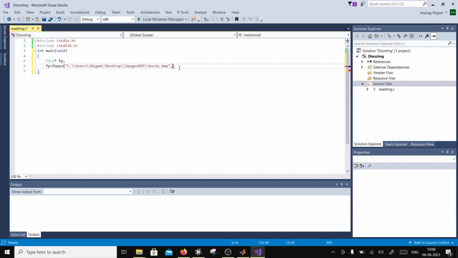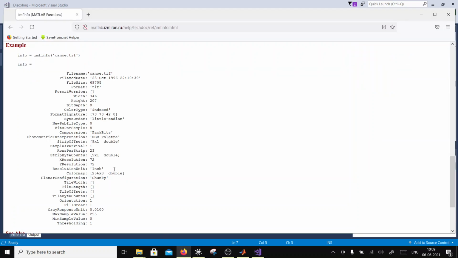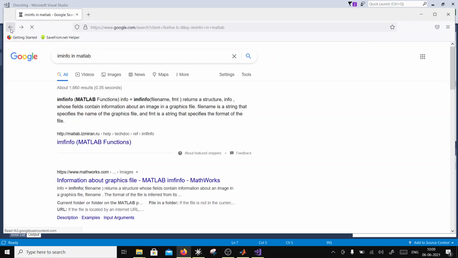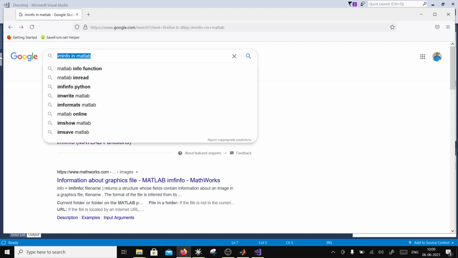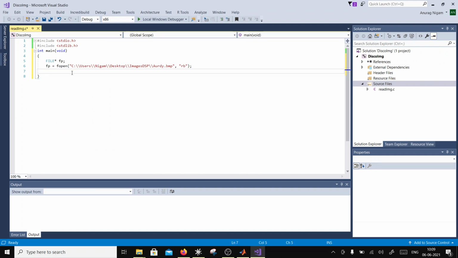Then I have to tell what mode I am going to open in. So I'm going to be opening as read binary. If fopen is a success, okay, but if fopen returns null, then I will say file failed to open.